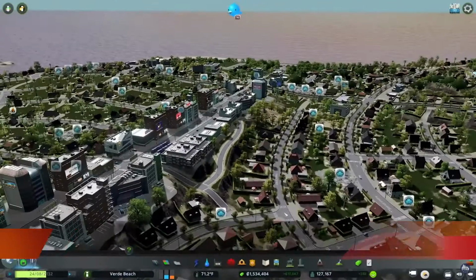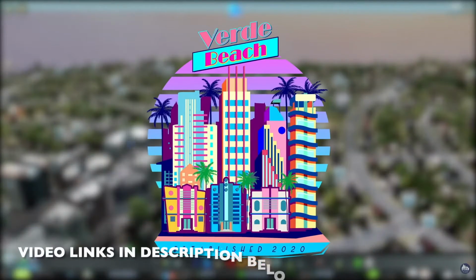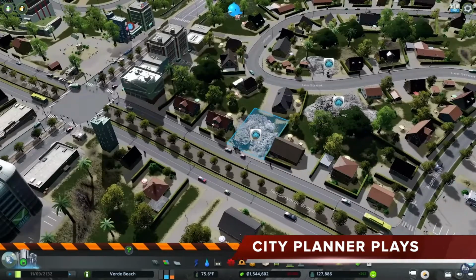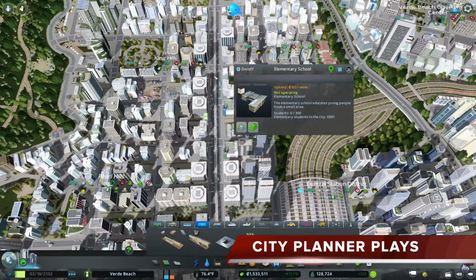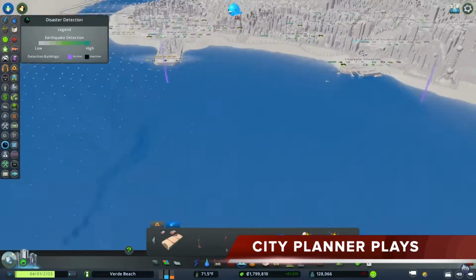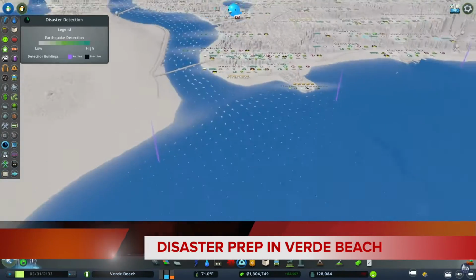We begin tonight in Verde Beach, where City Planner has begun recovery from the tsunami that devastated the city. After doing some rebuilding and removing of demolished structures, City Planner went on to place some disaster detection devices, shelters, and radio masts. Tsunami warning buoys were placed nice and close to the shore, so Verde Beach residents get the